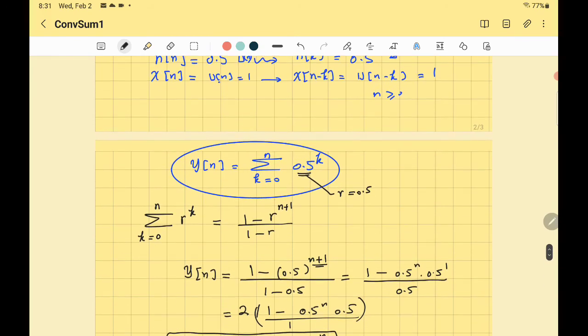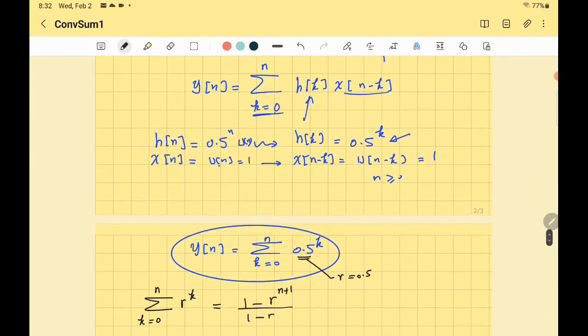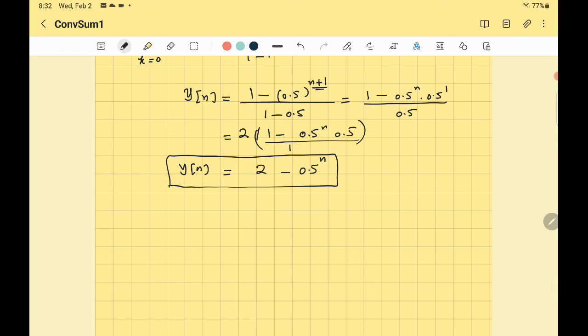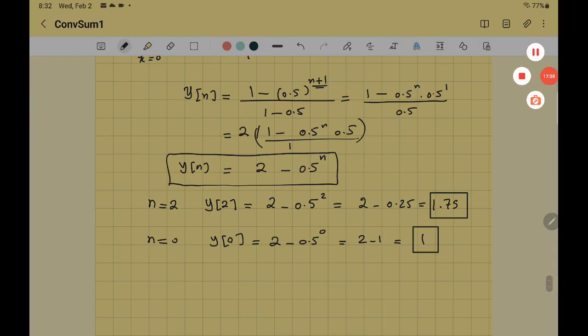So that's if you have the input signal, a unit step, going through this exponential decay, then the result will be equal to 2 minus 0.5^n. What does it mean? It means you can calculate the output at any specific instant. For example, if you want to find y when n equals 2, you can say y[2] is equal to 2 minus 0.5 squared, 2 minus a quarter. That will be 1 and 3/4. So that's the value when n equals 2. All right. If you want to find it at n equals 0, y[0] is equal to 2 minus 0.5^0, 2 minus 1 is equal to 1, and so on. So you can get it at any time. I hope that was clear, and we'll see you in the second